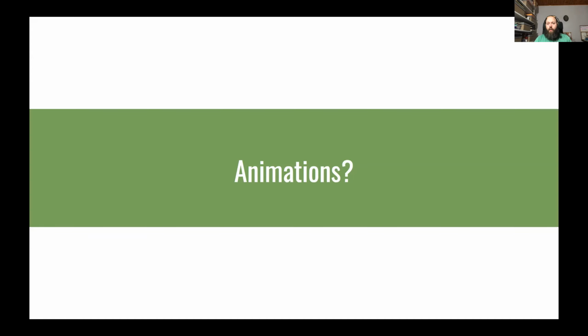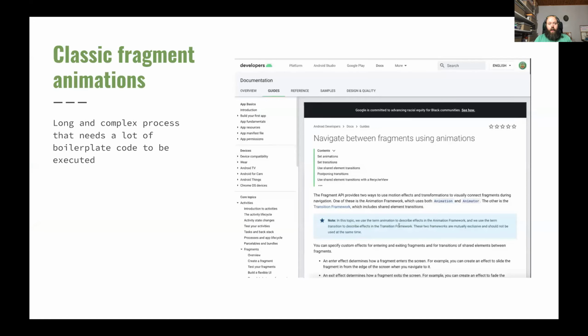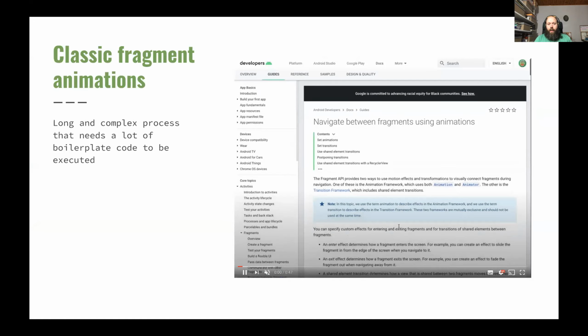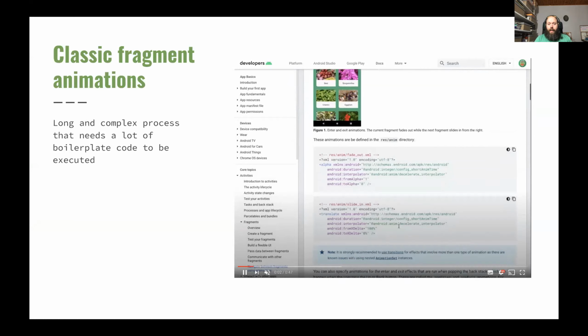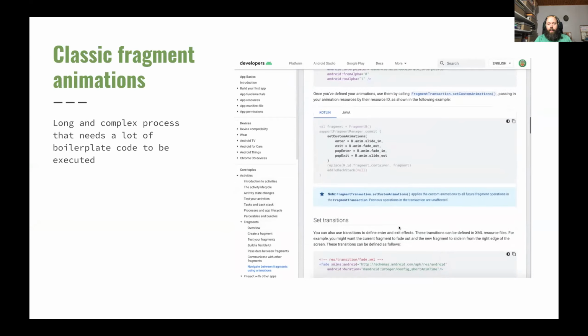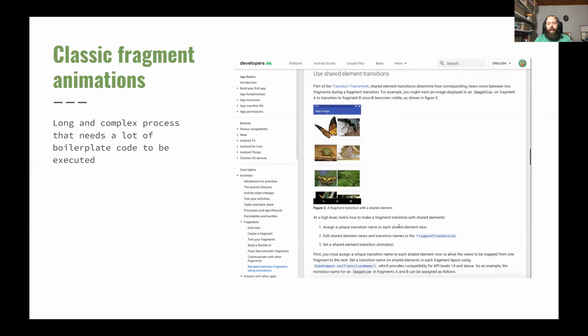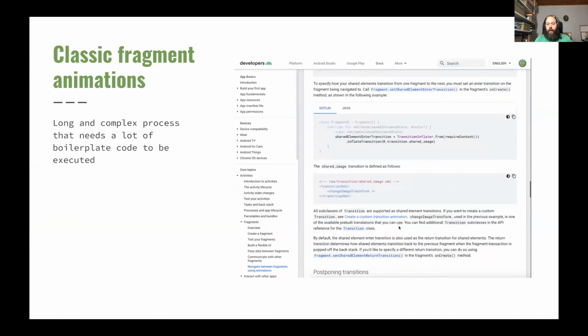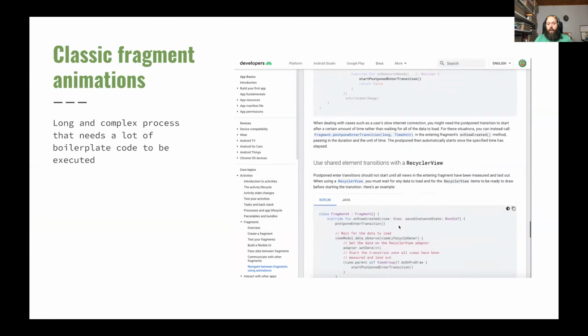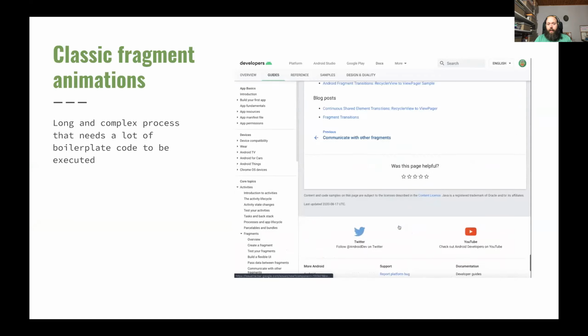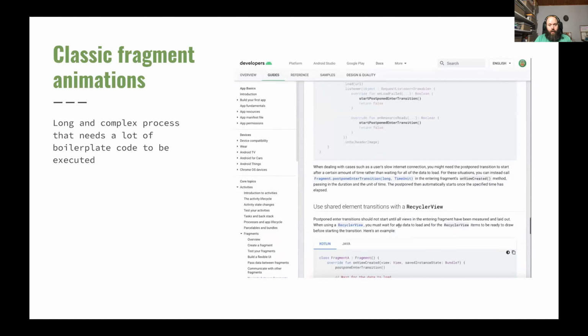During the transaction, you have to add the in animation, the out animation, the pop animation, and everything has to be done by code. If you check on the Android developers website how to animate the fragment transaction, you will find a really, really long guide on how to implement these animations.